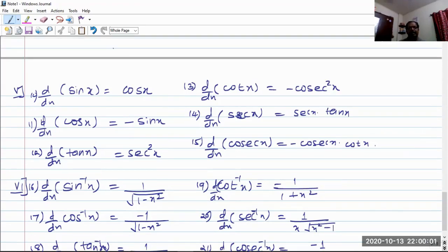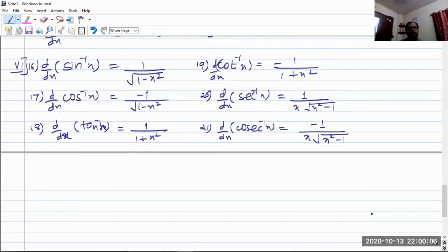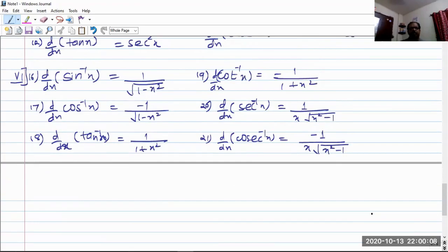So students, how to remember the standard functions? I will just give you a hint. If you see the derivatives of inverse trigonometric functions, we can make pairs of the functions to remember the formulae. It's very easy to remember. The first pair is the derivative of sine inverse x and cos inverse x. They are simply the same, just having equal and opposite sign. The first one is 1 upon root 1 minus x square, whereas the derivative of cos inverse x is minus 1 by root of 1 minus x square.